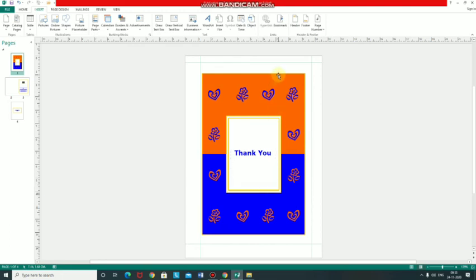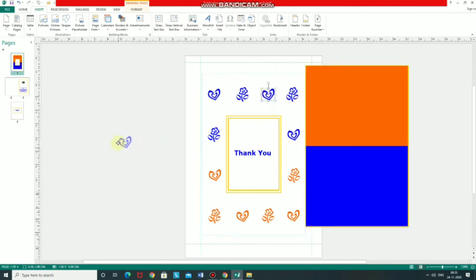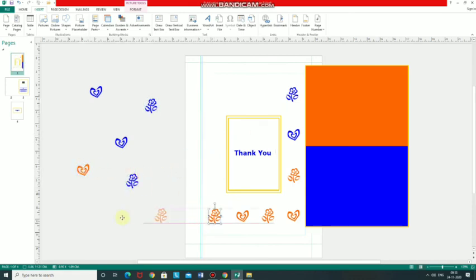So, if you want to make any card and you have not decided yet where you want to put these elements or objects, then for the time being you can set these objects in the scratch area like this. I have set this object in the scratch area for the time being, and after I decide where I want to put these objects, then I move them again.